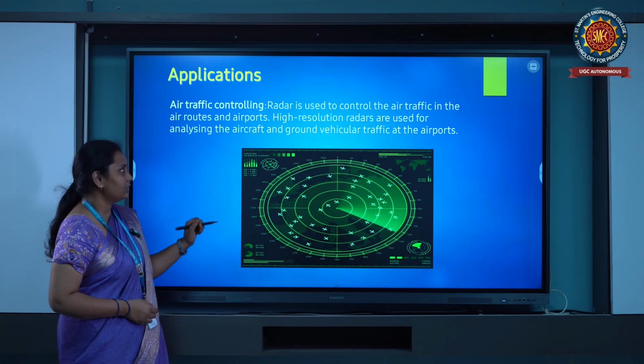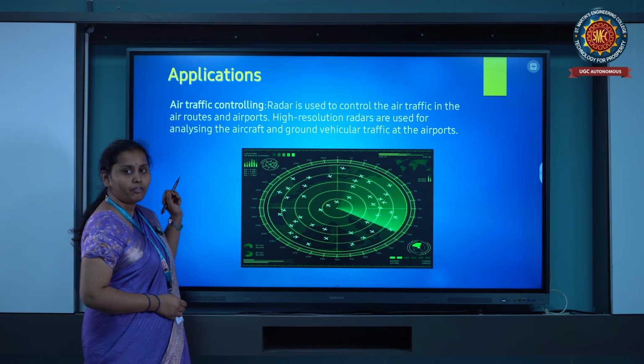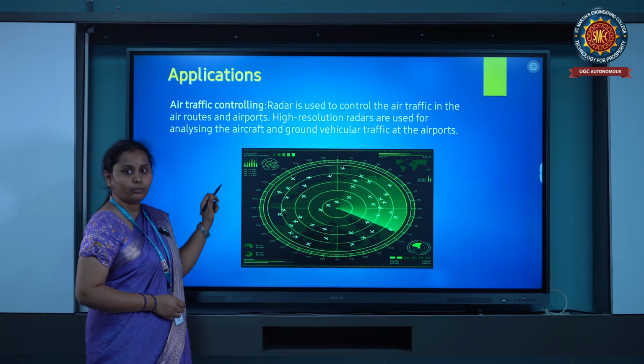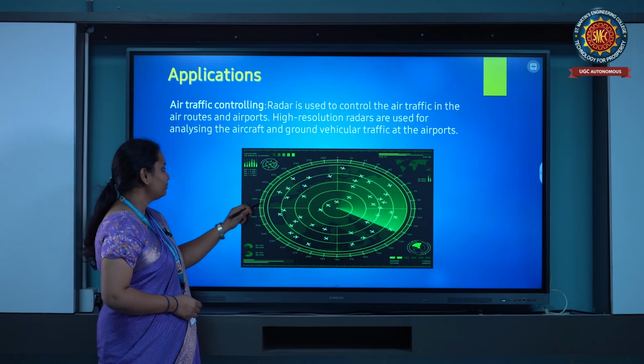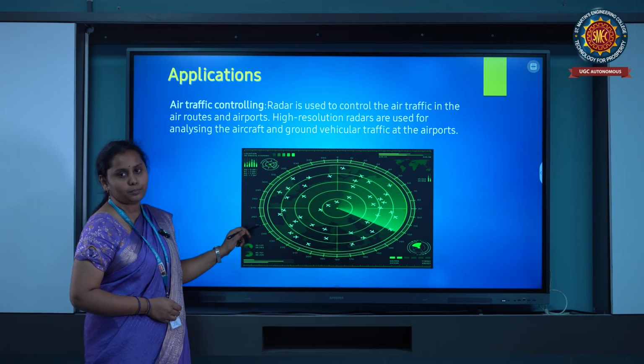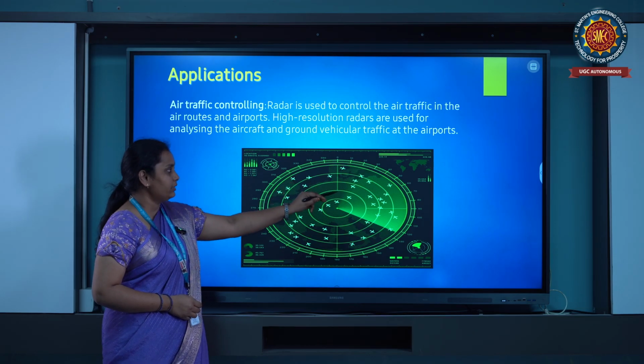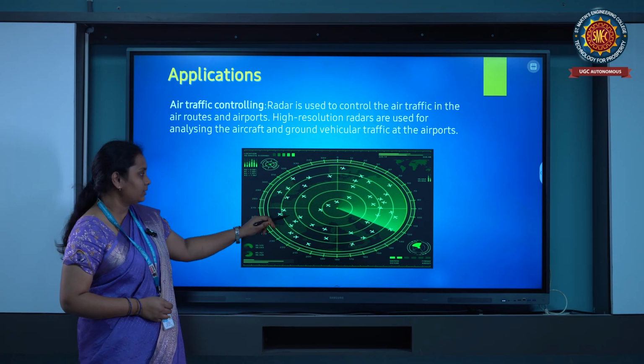As we have discussed air traffic control, and as we have also seen the video, now we are going to see how air traffic control is displayed on the screen. So here there are many planes traveling on their own paths.